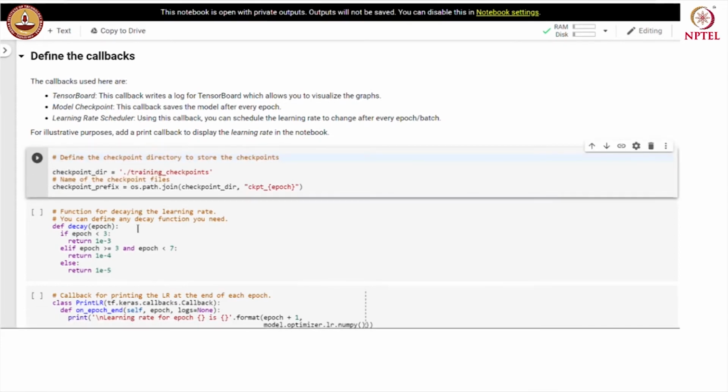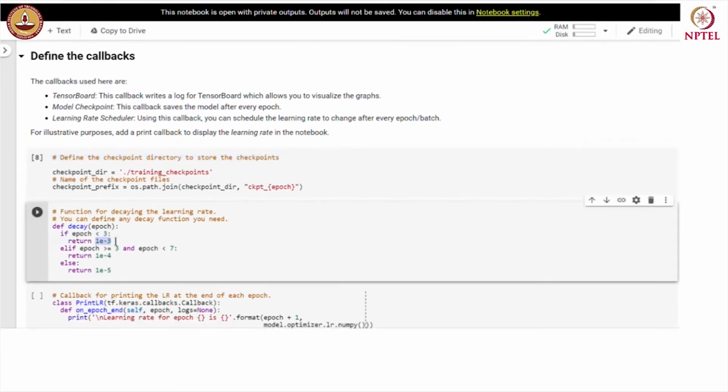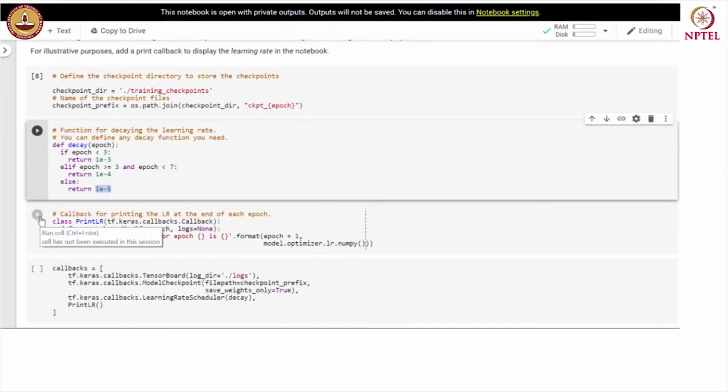Next, we define a function for decaying the learning rate. So, for the first 2 epochs we will use 0.0001 as a learning rate. For the third epoch until the 7th epoch we will use some other learning rate, and for every other epoch after the 6th epoch we use an even lesser learning rate.